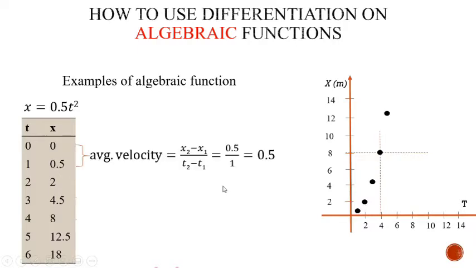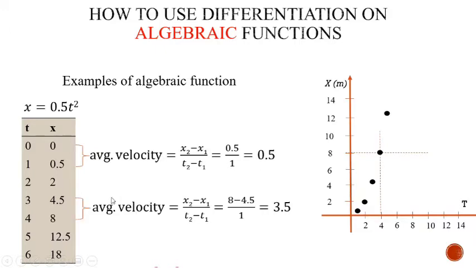So to find out average velocity, in this case the velocity is increasing and there you can find out the average velocity for this case. So for the first case, you can see the average velocity will be equal to change in position divided by change in time. We are doing the same thing again as we have seen on the previous slide. Here the change in position is 0.5 and change in time is 1. So ultimately average velocity is 0.5.